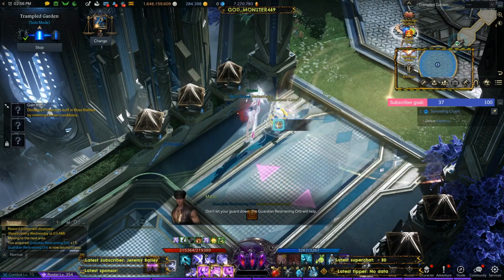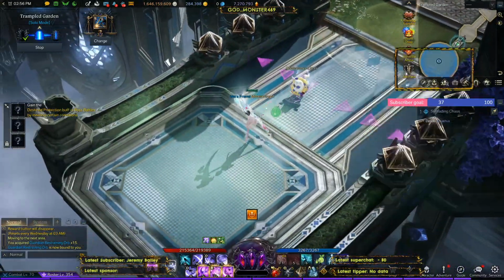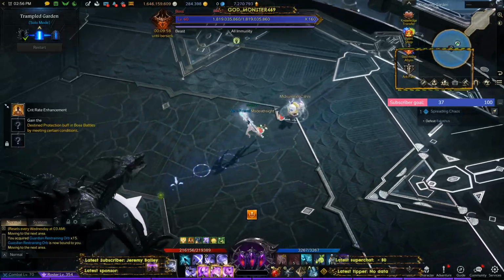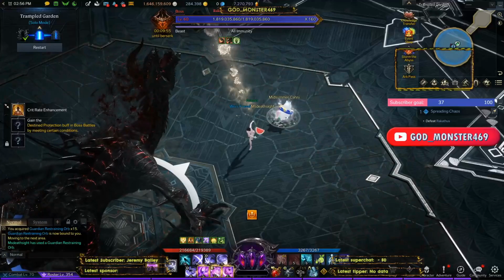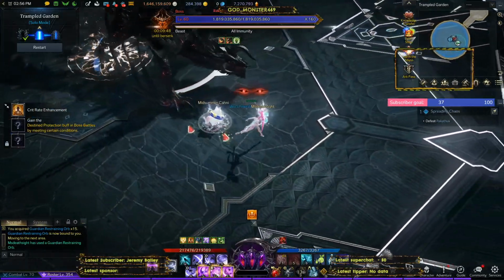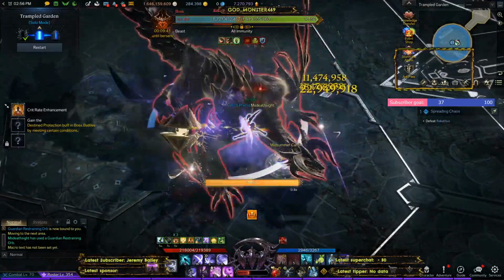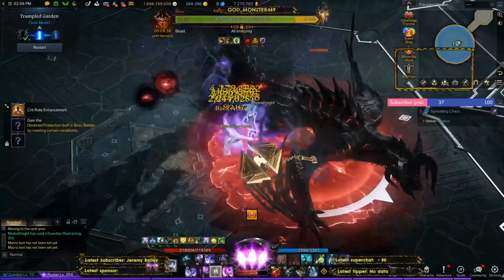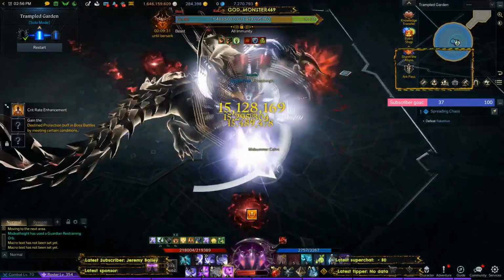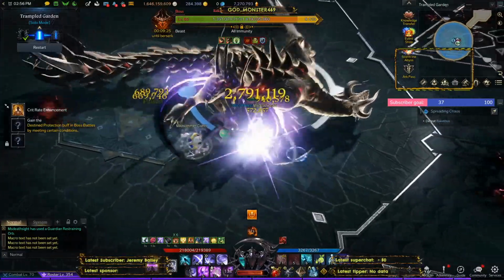Guard down. The Guardian Restraining Orb will help. You don't need that whirlwind for the stagger. Your skills are enough. Let it roll and then throw. Wait for him to go away. Get hit by that. Fine, but